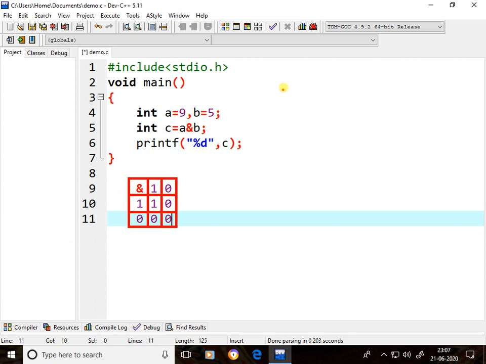See, 9 in binary format conversion. Binary base is 2.